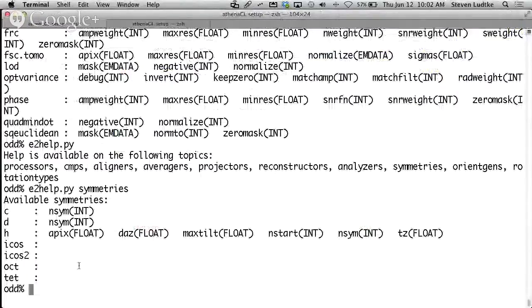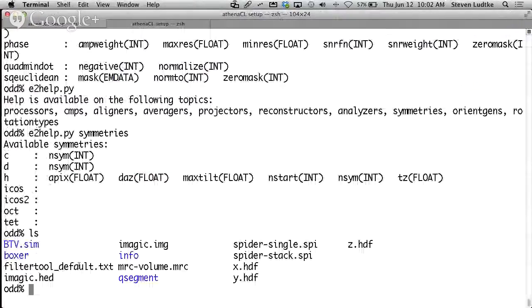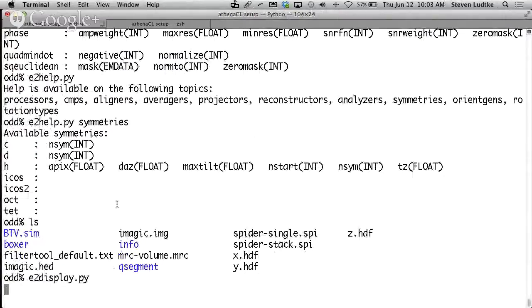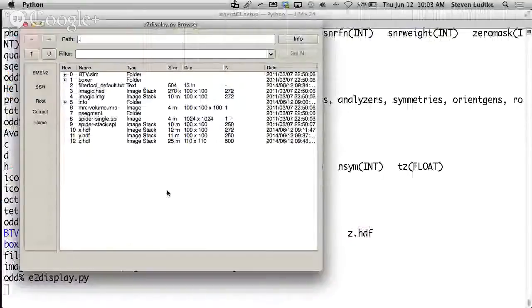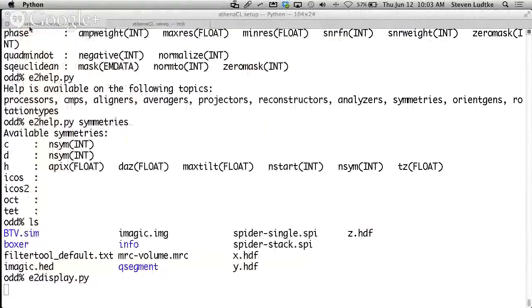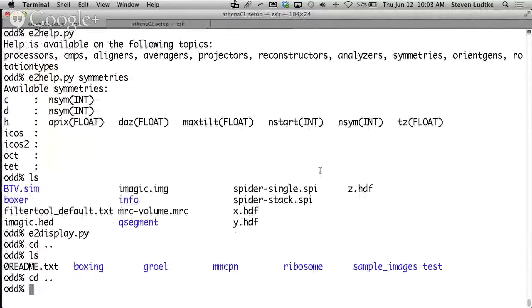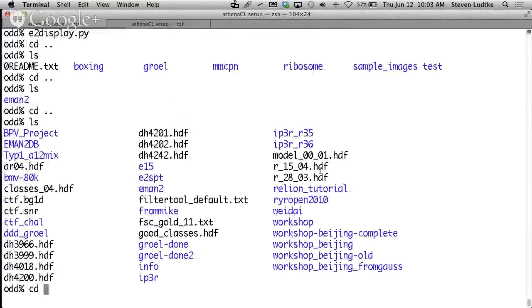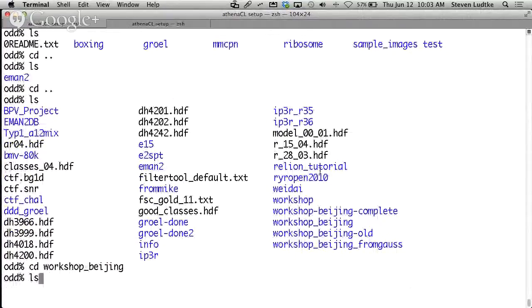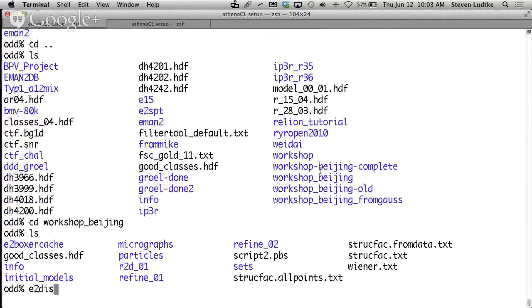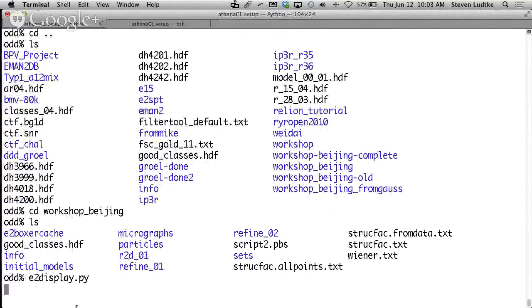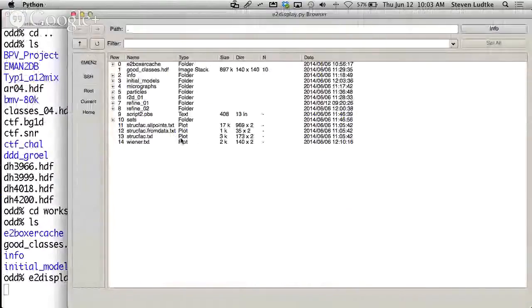Let's see. What else? Let's just take a quick look and make sure we didn't skip anything in the graphical interface. Oh, there is one thing we skipped, which is probably useful. Let me go back to a project directory. The one thing we didn't look